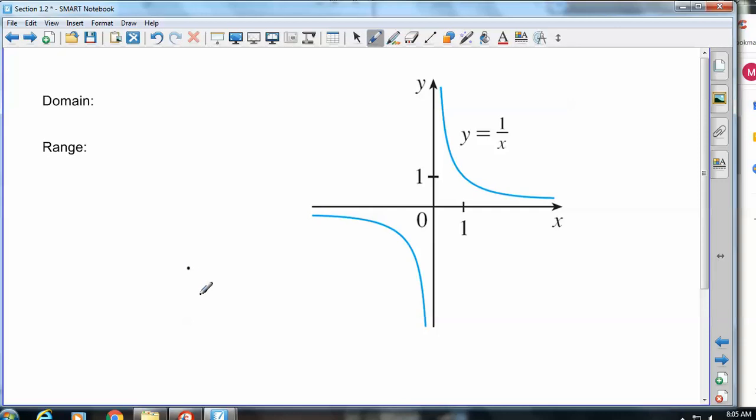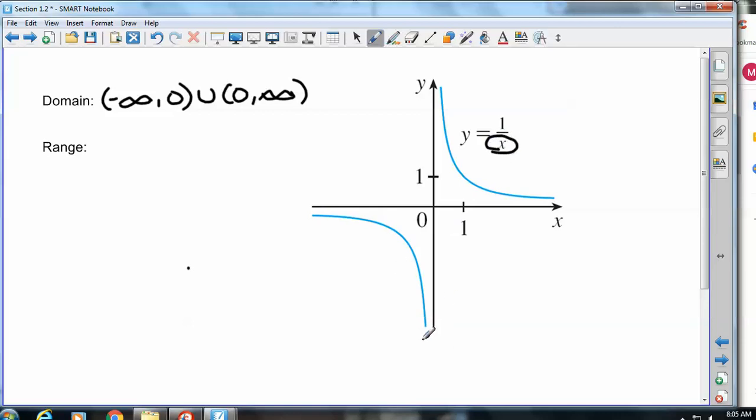So 1 over x, I told you yesterday that's a reciprocal function, but it is also a rational function because 1 is a polynomial, x is a polynomial, we're dividing 2 polynomials. From this graph, can you tell me the domain of that? And you can also tell the domain just from the function itself, because you know the bottom can't be 0,